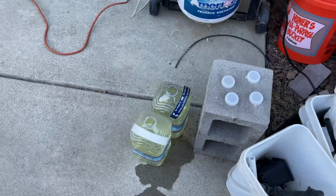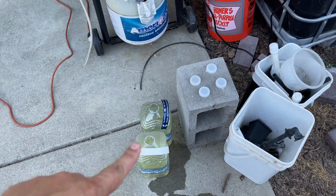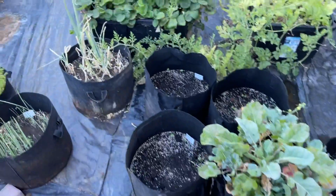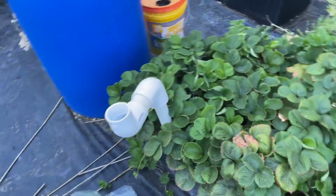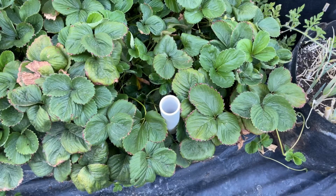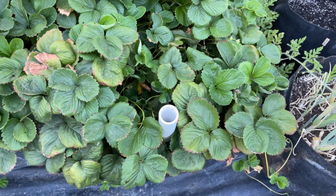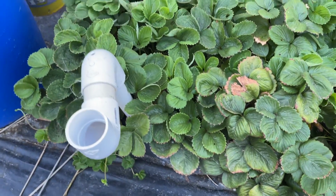So then I fill these gallon jugs. I just bought gallon water jugs, drank the water, and used the empty jugs for transport. And I take it over to whichever totes I'm working with. So right now I'm doing strawberries. It was kind of a pain trying to take the gallon jugs and pour it down a little hole. I usually put 2 gallons, give or take, depending how much the plants